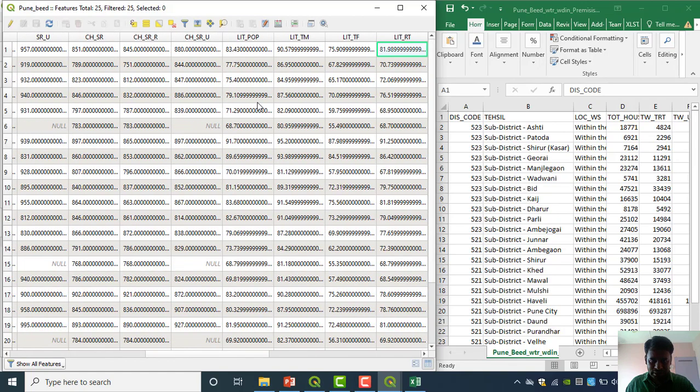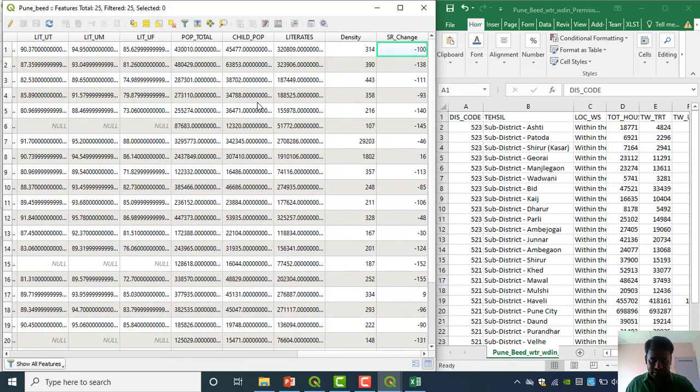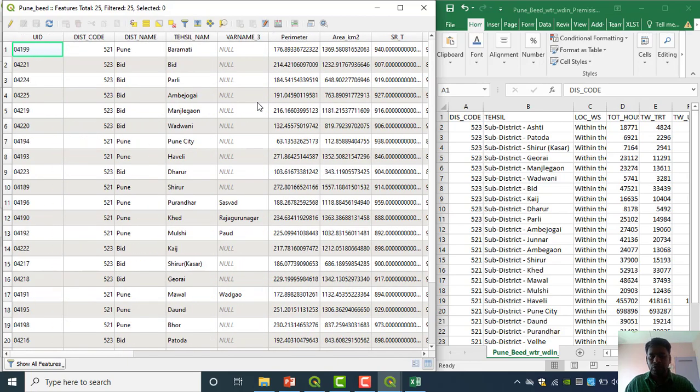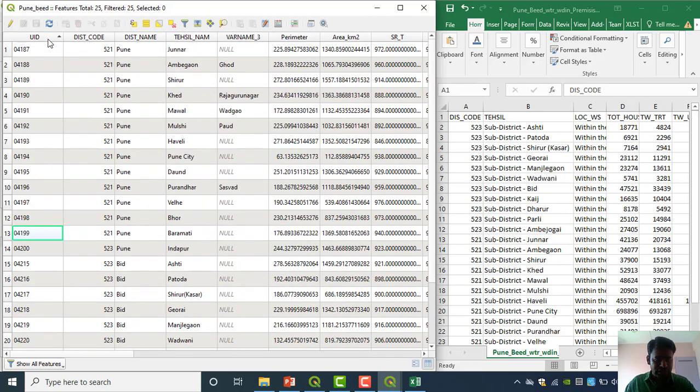These are some of the data sets. Now this UID is in ascending order, so we can use this UID as a primary key. We have to generate one primary key here the same as this one.